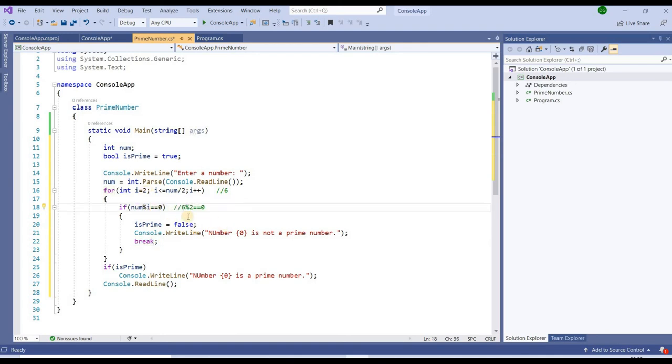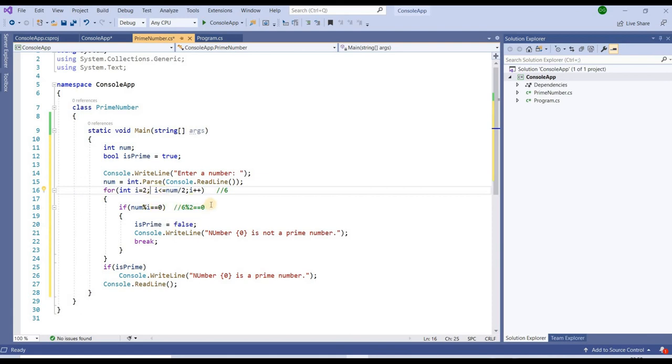In the first check, if the number is not prime, we directly print the statement that the number is not prime, and then we break. Next the value will be 3, and this number is also divisible by 3.